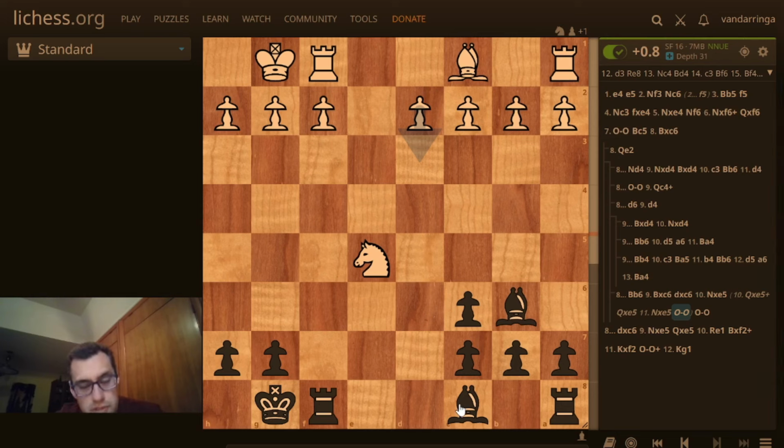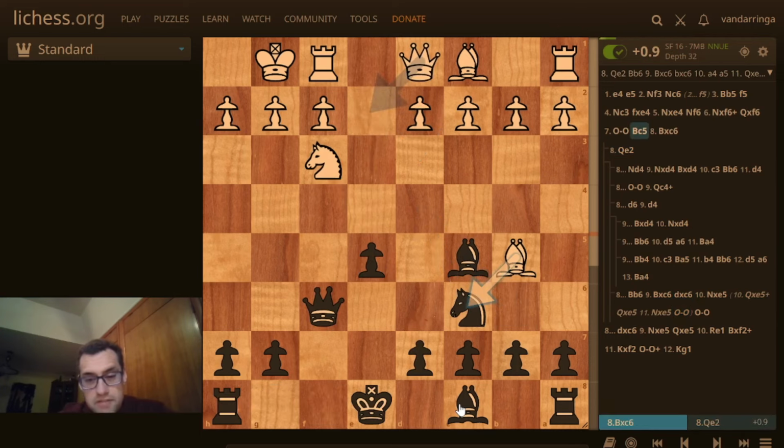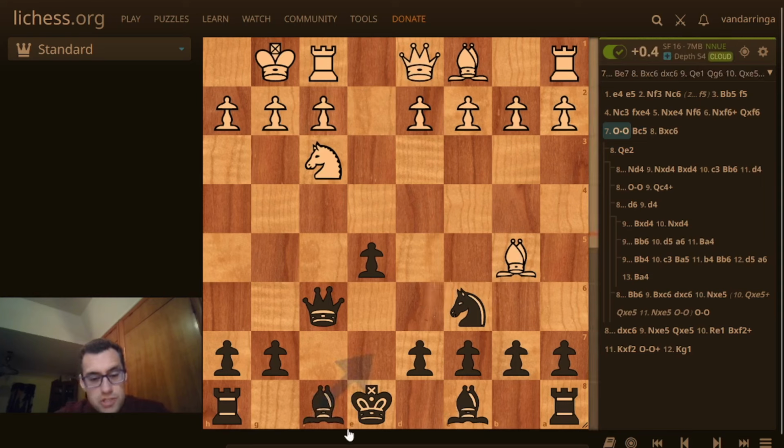My rooks are going to become more active more quickly. So that's the best I could hope for. And bishop c5 is not the way to play. I should have known bishop e2, a closed Ruy-Lopez kind of idea,